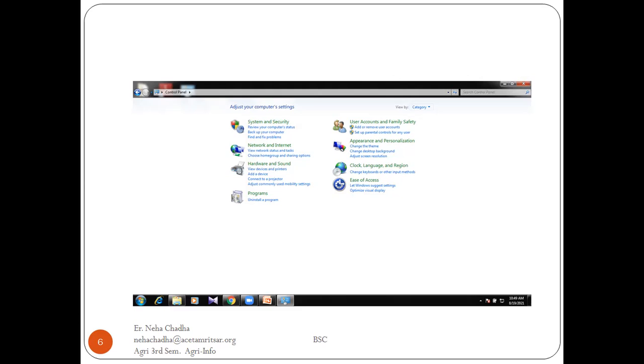Suppose you come to your college and you want to change the settings of your system, you want to change the date of your system, you want to change the time of your system, as well as you want to uninstall any program, you want to add any guest account, whatsoever the options are available here, then you can't do it here, because at college you will enter the system as a guest, not as an administrator.